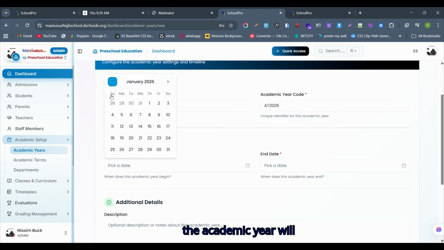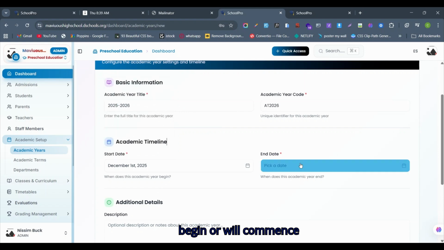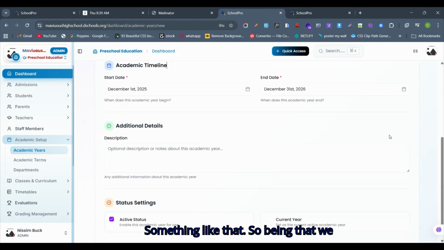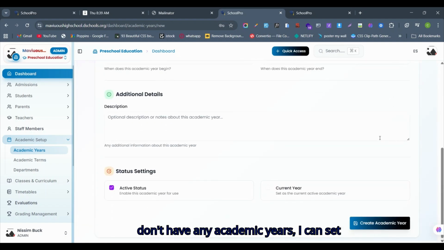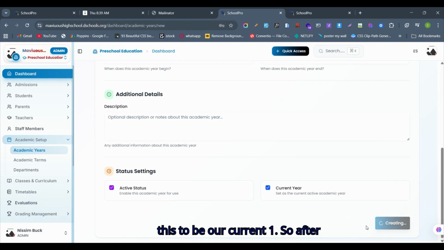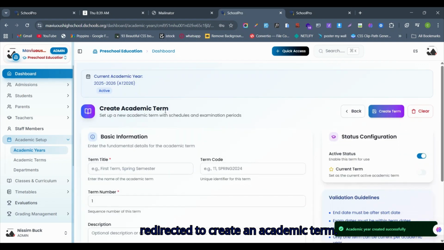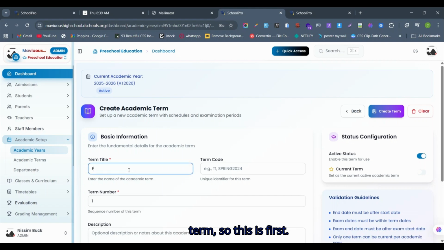So the academic year will commence from 2025 to 2026, December 2026. This is when this academic year will end, something like that. Being that we don't have any academic years, I can set this to be our current one. After creating a new academic year, you will be redirected to create an academic term. Each academic year must have an academic term. So this is first